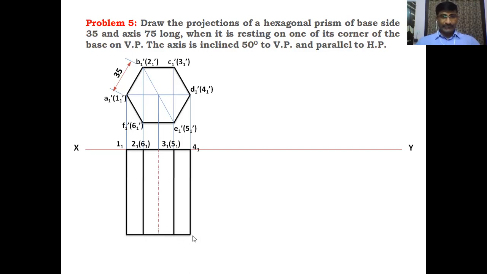This is the other base of the prism, which is the front base. This is the back base. This is the front base. The front base is the visible base. The back base is the invisible base. So the front base is located with lettering.